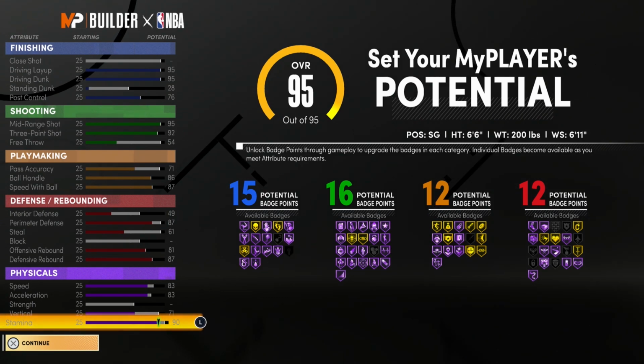But the rebounding was pretty low. The defensive rebounding was low. So here, you don't have a 95 perimeter defense, but at least you have an 87 defensive rebounding compared to a 58 on the two-way threat. And the two-way threat, of course, has a higher pass accuracy at 93. With this build, you don't have a 93 pass accuracy, which you guys probably wouldn't care that much about with this Kobe build. I don't think you guys are gonna be doing much passing,